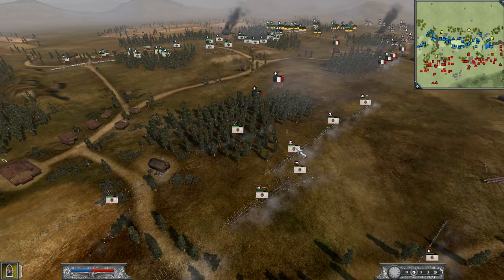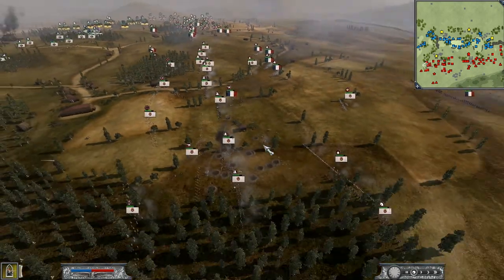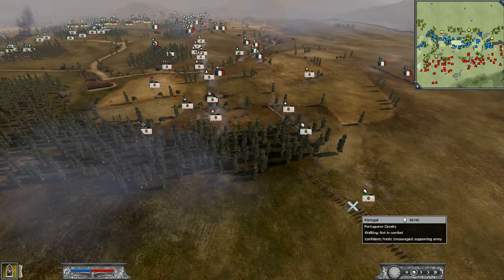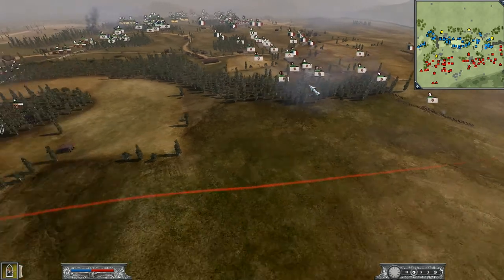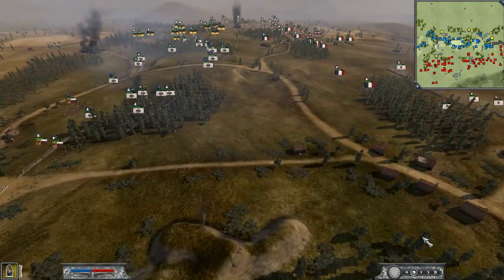Then he's got some more infantry up here, 3 more infantry up there. Then he's got some grenadiers there, and then he's got some more grenadiers over here, and some Portuguese cavalry. Portugal's not very great for cavalry, so it's better to just go more infantry. Okay, so